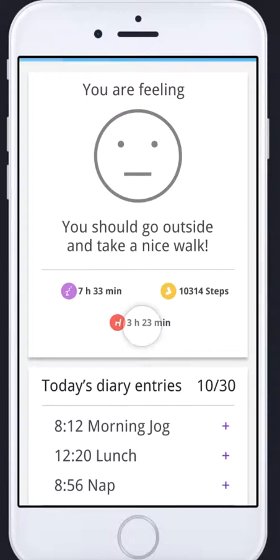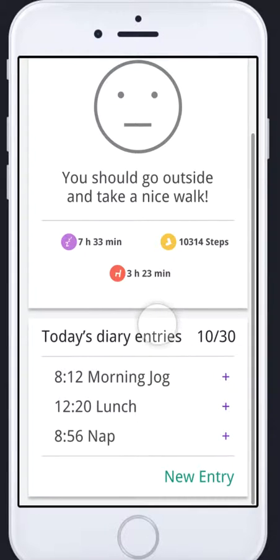Here is how long the user has been sitting in the chair, and here's the total time. And here is the daily logs part. We have two ways to log entries. One is